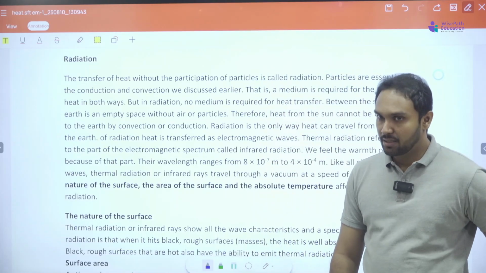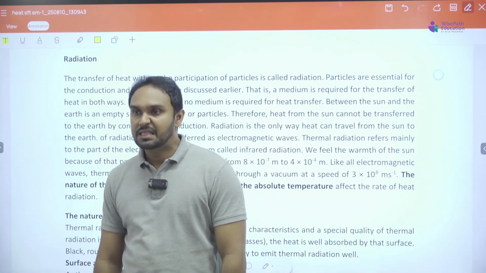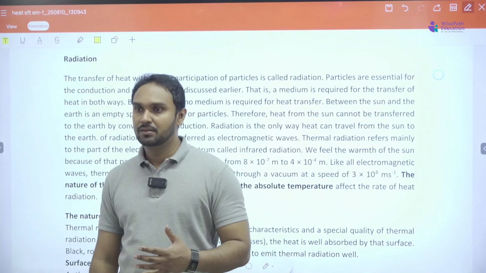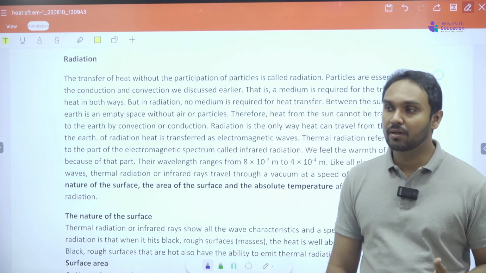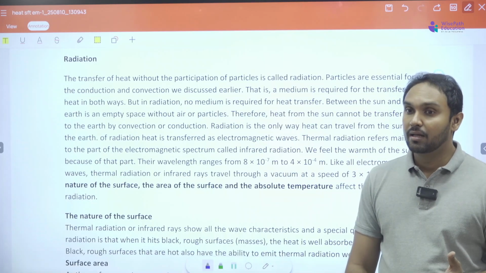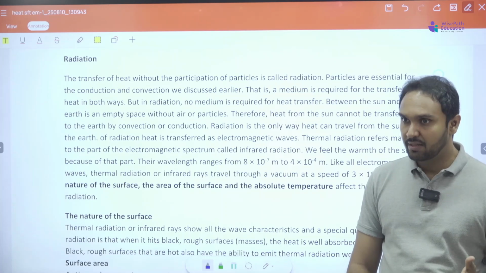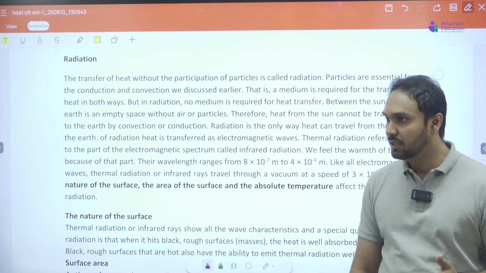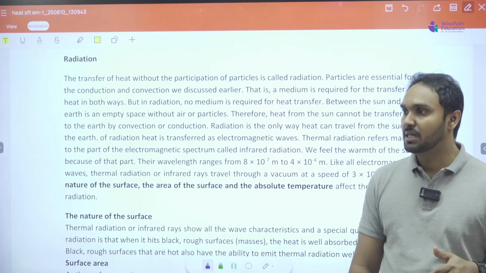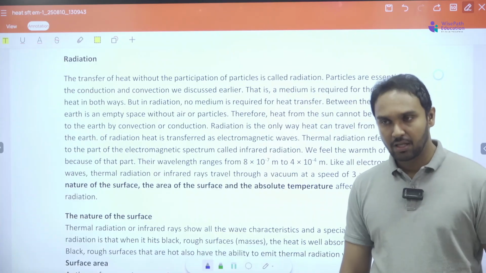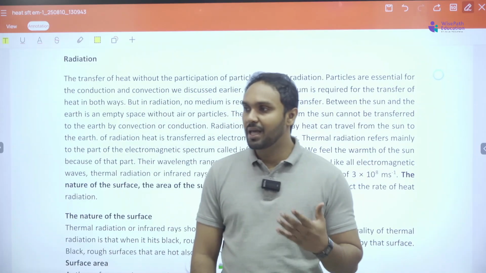What happens in the radiation now? We discussed this. What is radiation and what happens there? Radiation is the original format of heat. Original format in the sense it's an electromagnetic wave, because all the energy formats are there in the wave format. If it is an energy, that is in the wave format. So the wave format of heat energy is infrared, right? It is an infrared.